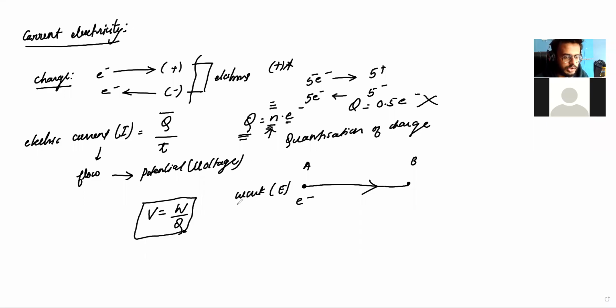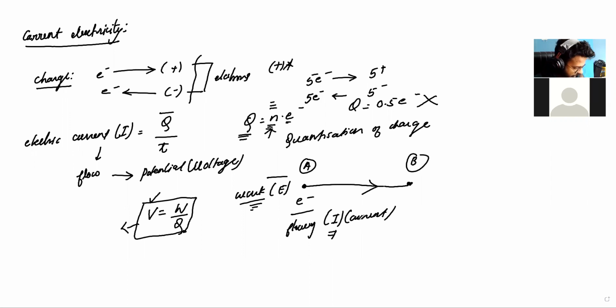So potential is the amount of work done in carrying a unit charge from one point to another. Whenever a charge is carried from one point to another, this charge is flowing, and flowing charge contributes to current. Whenever work is done to carry any amount of charge from one point to another, that work contributes towards potential, and that potential contributes towards current, because this potential is causing the charges to flow from point A to point B. So whenever there is a flow of charge, we always get current.